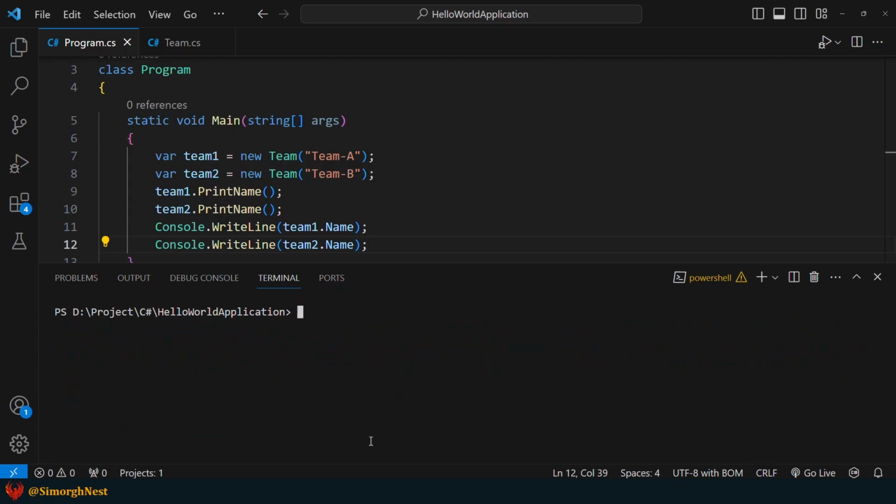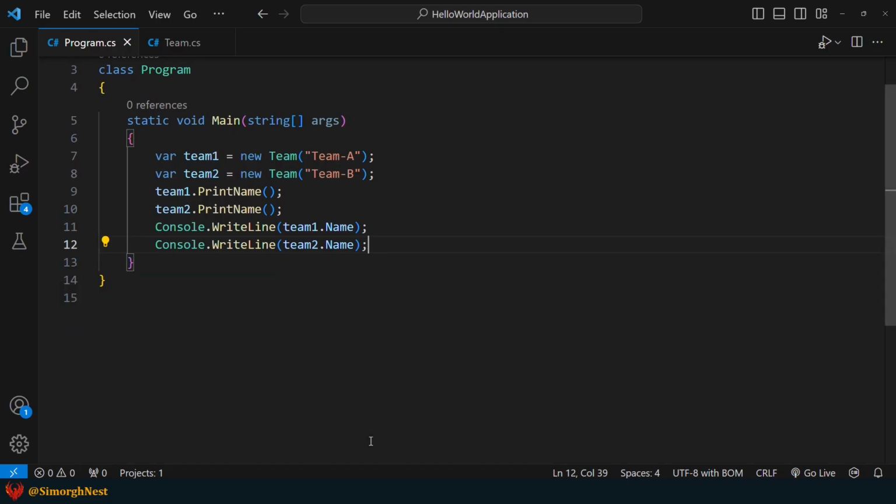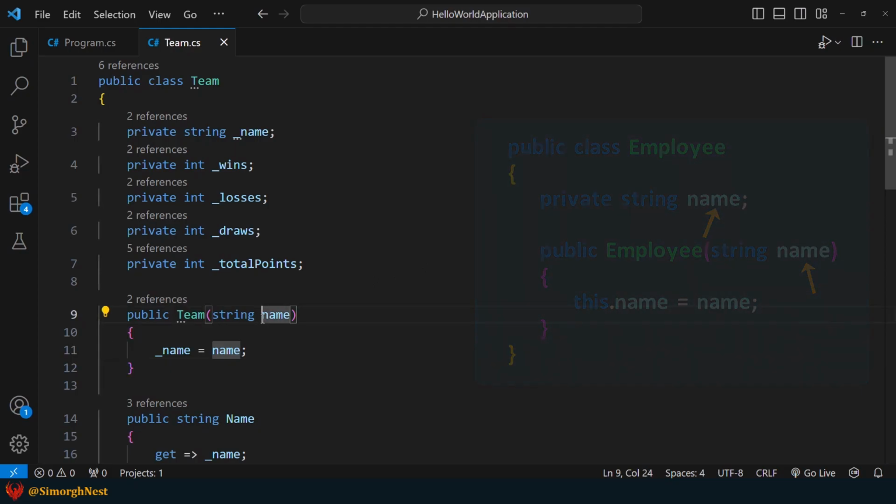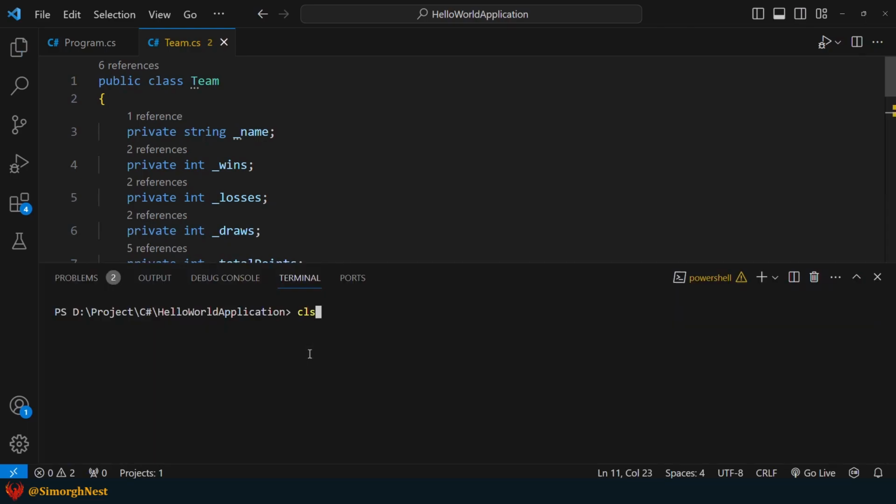Now let's discuss the common uses of the this keyword. One use of the this keyword is to qualify members that are hidden by similar names. As you may know, we cannot declare 2 or more variables with the same name inside the class or method. However, sometimes fields and parameters may have the same name. For example, let's change the parameter name to _name inside the constructor. Now, when we run the application, we'll notice that the name is null.